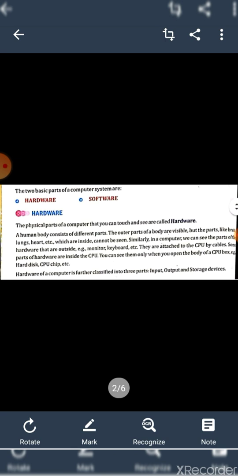In the previous class we read that a computer system is divided into two parts, first hardware and second software. In this chapter we will read about these two parts in detail. So let's start. First, hardware. The physical parts of a computer that you can touch and see are called hardware,